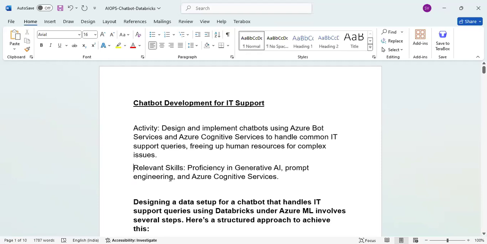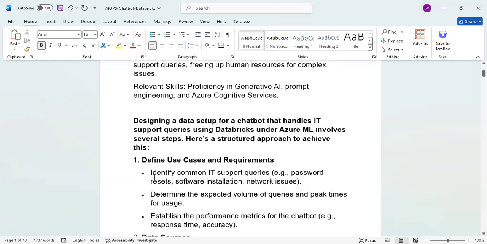The relevant skills required for development of the chatbot are proficiency in generative AI, prompt engineering, and Azure Cognitive Services. Okay. Now,